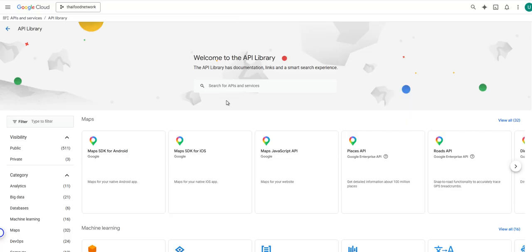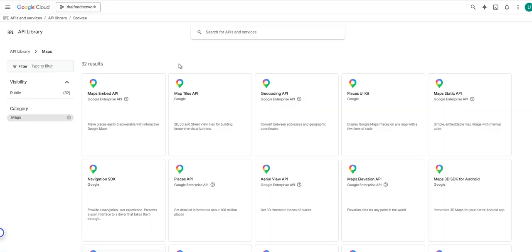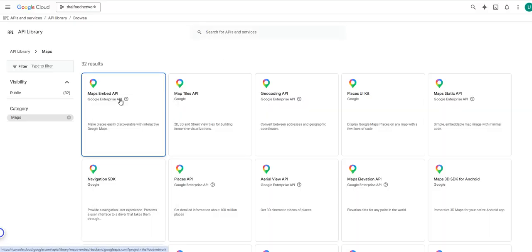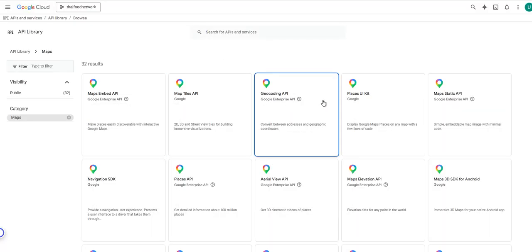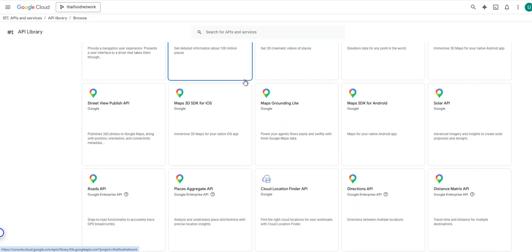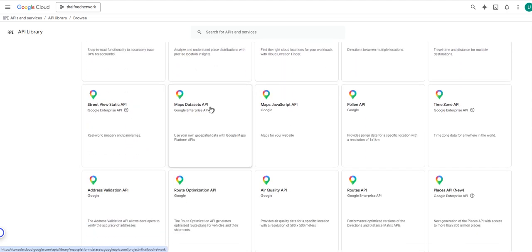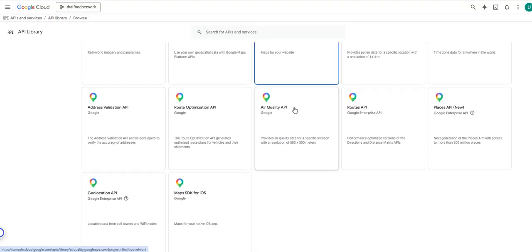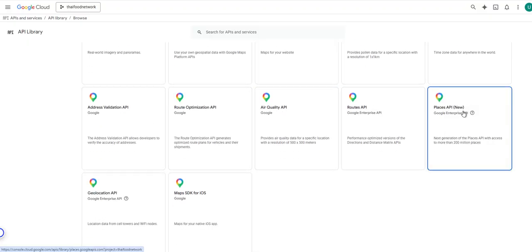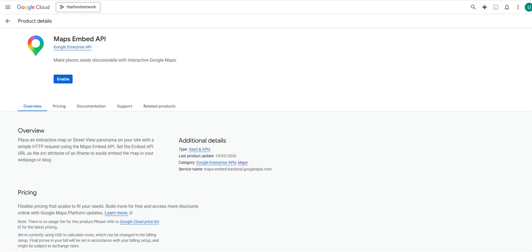So first of all, you guys will need to enable the APIs. Let's see which APIs you need to enable: Maps Embed API, Geocoding, Places API, Maps JavaScript, Places API (New), and Geolocation API. Make sure all these APIs are enabled. Okay, once you enable them,